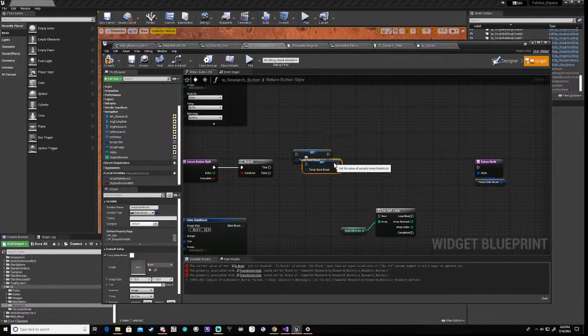Duplicate that and reset it up. So now we should be able to